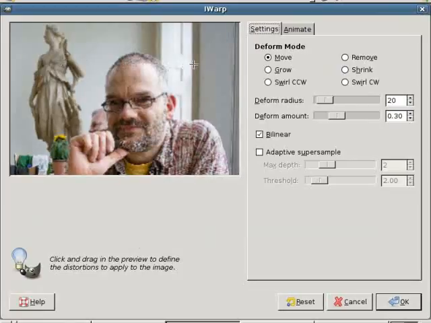iWarp shows you here a very crude preview, and it's crude because there has to be a lot of math done in the background, and the more pixels you have, the more math you have to do. So let's look here. We have some deformation modes here: move, grow, swirl counterclockwise, swirl clockwise, shrink, or remove. Let's start with move. I can here set the radius, and let's set that to 45, and the amount here,